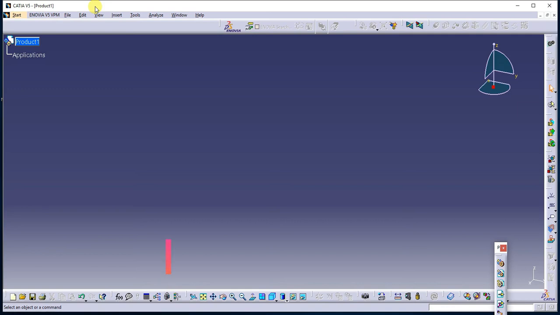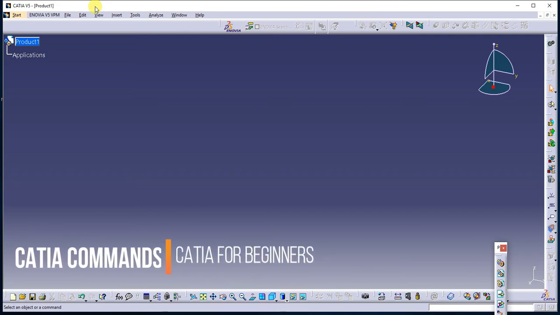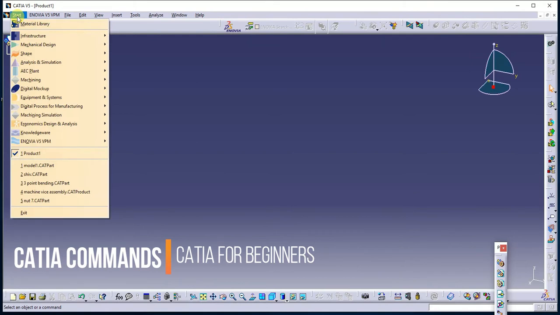In this tutorial, I am going to explain some more commands used to build the given geometry. For example, how to make the fillet, how to make the chamfers, how to rotate the given geometry, how to zoom in and zoom out the given geometry. Those commands I am going to tell you now. Now I'll go for start.